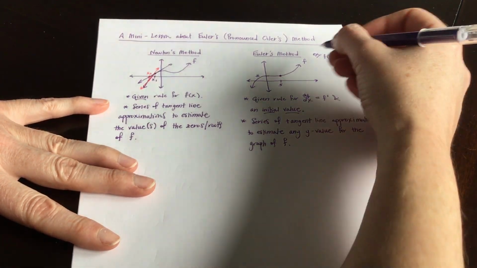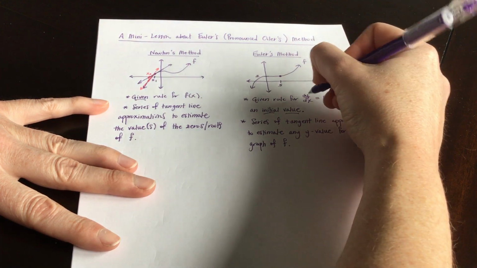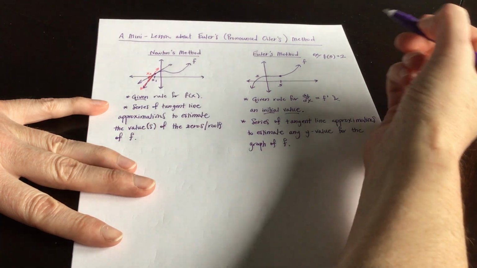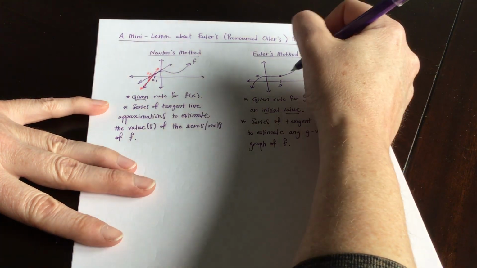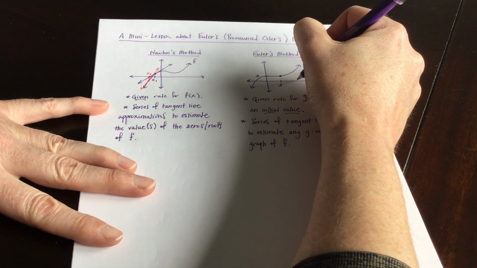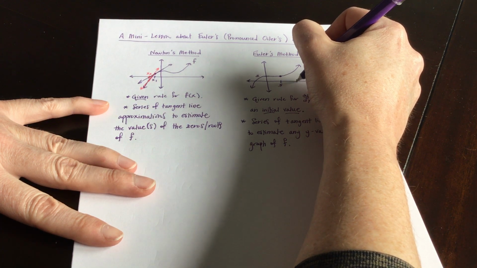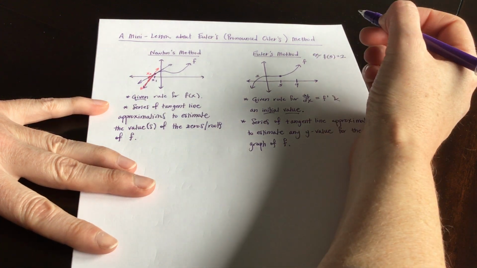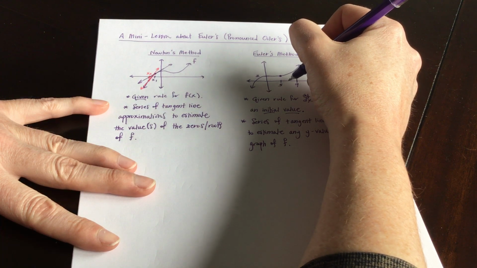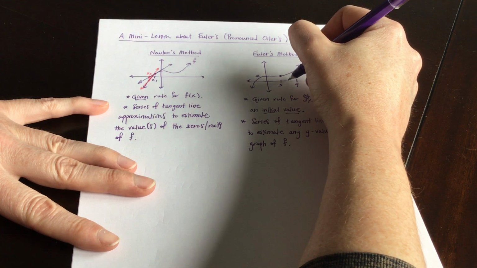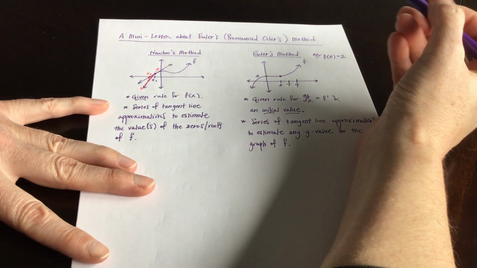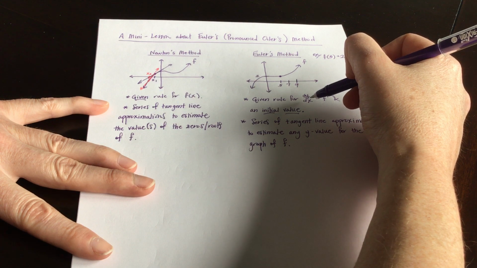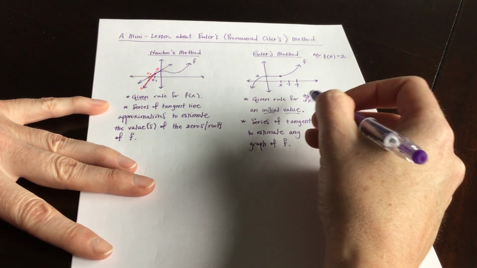So if they tell you f of 5 is 2, and then they say, okay, we'll use the rule for the derivative, and I'll do an example in a second to take some mystery out here. But if they say use the rule for the derivative to figure out what f of 9 is, and they tell you to use what's called a step size of 2, that would mean you're going to go from 5 to 7 to 9. So basically what you do is you would use the initial condition and whatever rule they give you for dy dx,